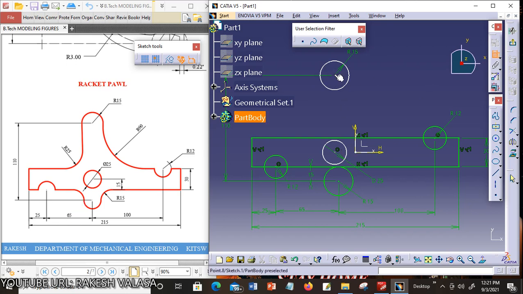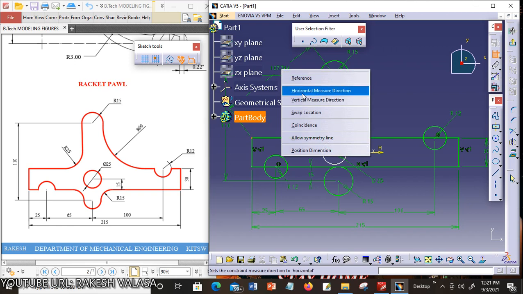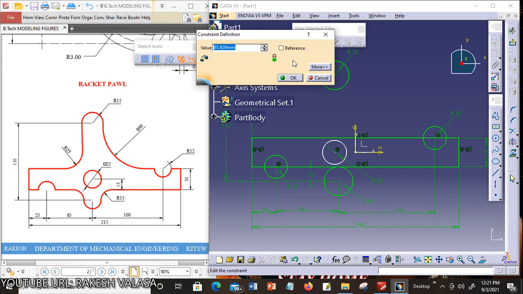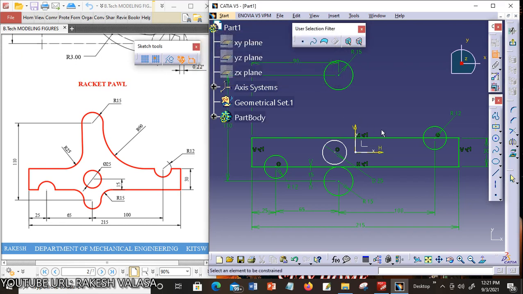Choose the center point and this corner point. Give the horizontal measure, click right button and choose horizontal measure direction. The distance is 90, 65 plus 25, 90 mm. Now finally you can apply the constraint for this circle. The circle diameter is 25 and